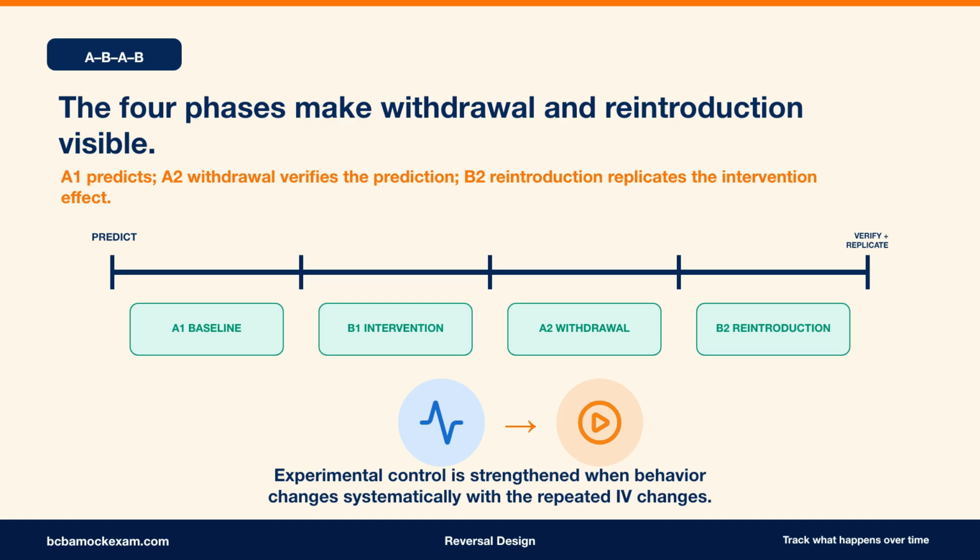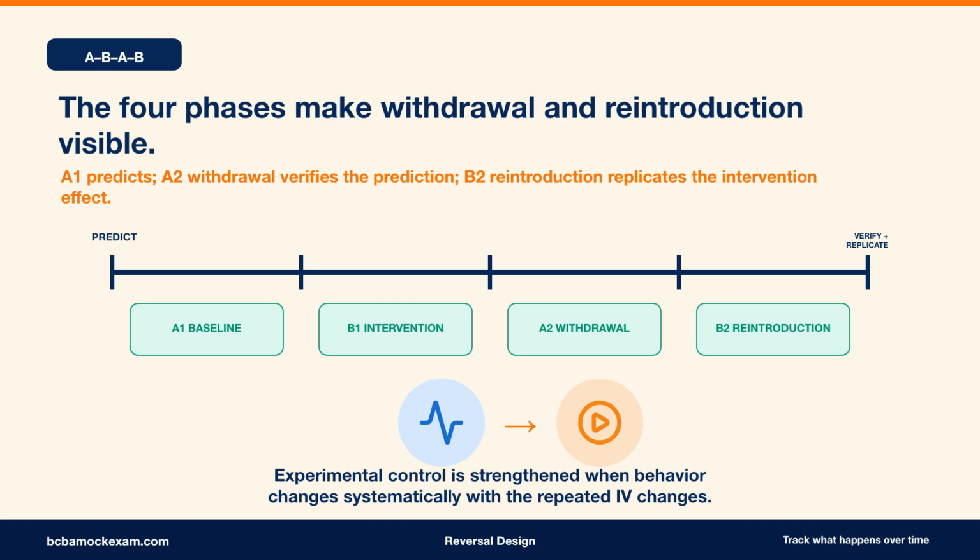A1 establishes what behavior looks like without the intervention. B1 introduces the independent variable and gives the first possible effect. In A2, withdrawal tests whether the earlier baseline pattern returns. That verifies the prediction made from A1. B2 then reintroduces the intervention and asks whether the effect returns. The strongest conclusion comes from behavior changing systematically with those repeated on and off changes, not from the letters A